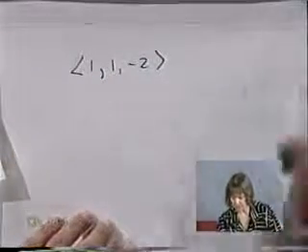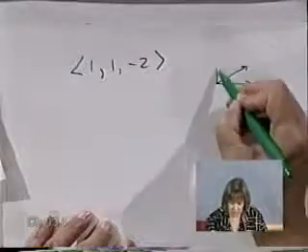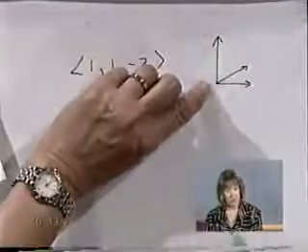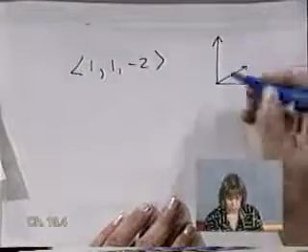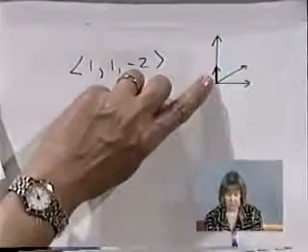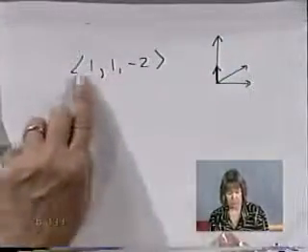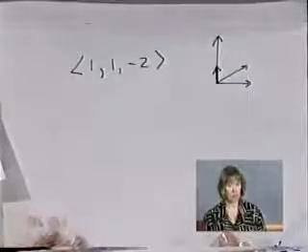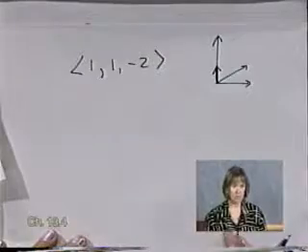Let me draw this here. You've got the one vector, you've got the other vector, and you have a vector that's perpendicular, so it's orthogonal to both of those. But it might be too long or too short. You want it in the same direction, but you want it of length 1. How can you find a vector in the same direction as this one, but of length 1? How do we do that? Do you remember? What do we do? You divide it by its